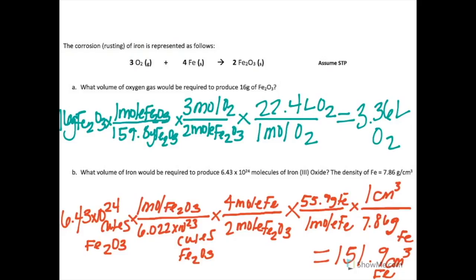But what if you want to do it from a liquid? So we have another example for that. Okay, so in this example, the question is asking how many liters of liquid bromide are needed to react completely with 267 grams of calcium iodide. And the density of liquid bromide is 3.12 grams per milliliter. So thankfully, this equation is already balanced for us, so the mole ratios throughout this whole problem will be only 1. So if we're starting off with 267 grams of calcium iodide,